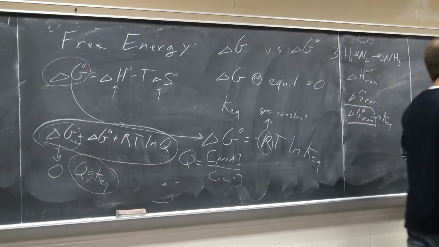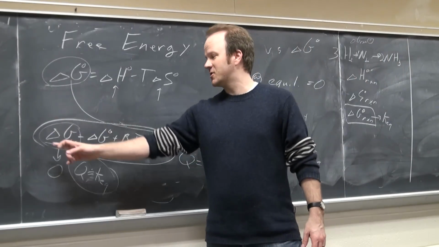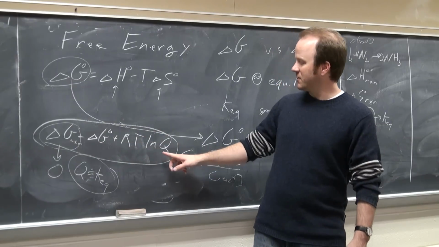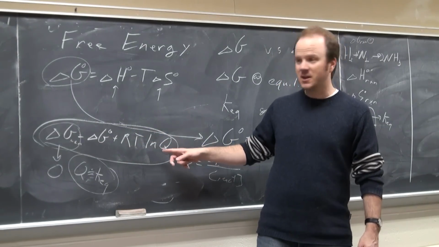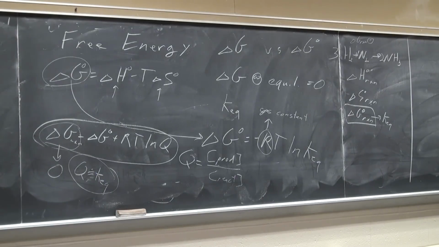So you can piece together what you need to calculate, whether you need to calculate an equilibrium constant, or a Q, and get the delta G of reaction. Say I give you an equilibrium constant and I give you concentrations, and I say, is this reaction favorable or not? That means you want to calculate the delta G of reaction. So if I give you an equilibrium constant, you can find delta G0. If I give you concentrations, you can calculate Q, and you can tell me the sign of delta G of the reaction. So these ideas are covered on